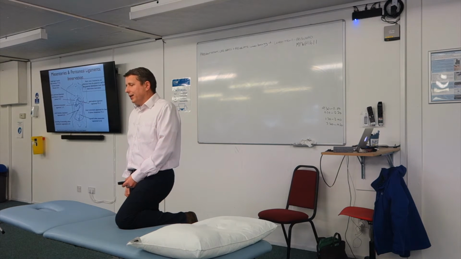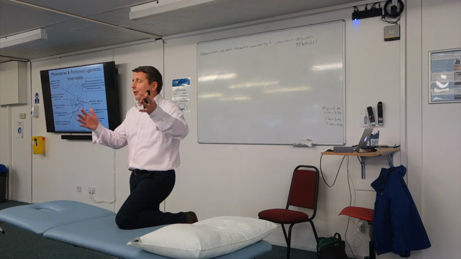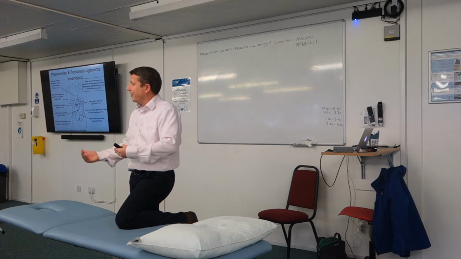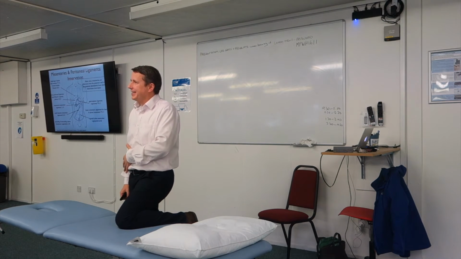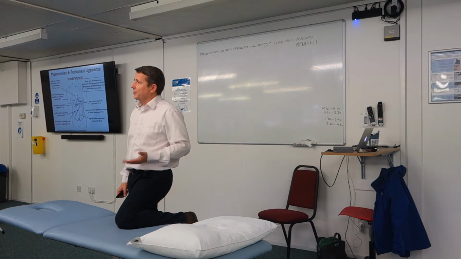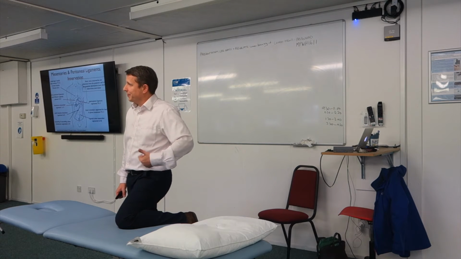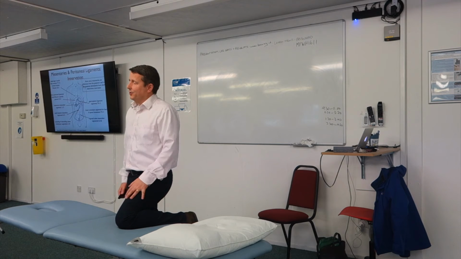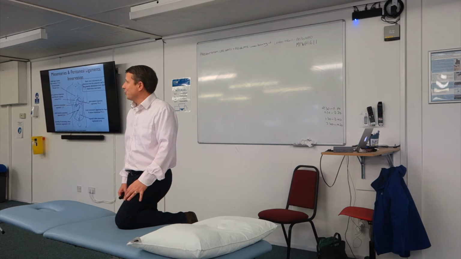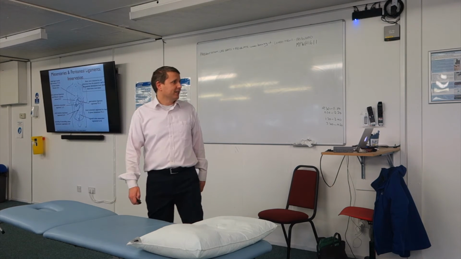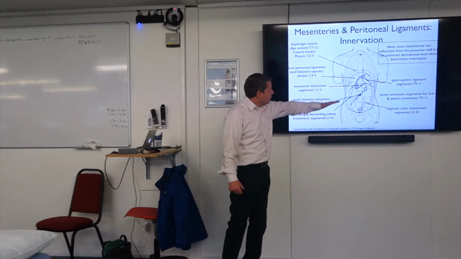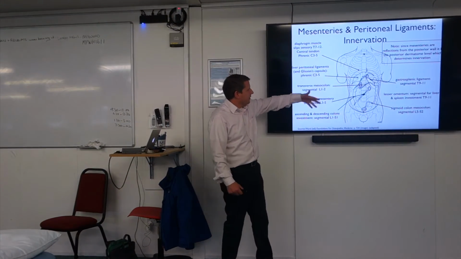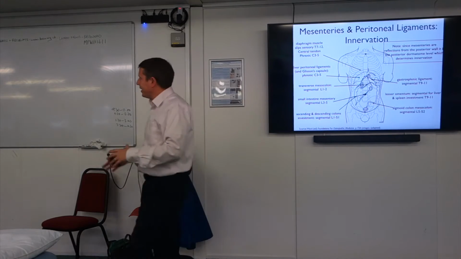So that's just an explanation about how pain is very vague and why you can't always listen to your patients describing where their pain is. And in fact, if they're being very specific about it, the chances are it's not coming from an organ, but from a more superficial structure, because you can't be that specific about your organs internally. We just don't have the tools for it. So in terms of nerve supply for these different structures, they're just listed here. I won't go through them all, but you can see when we test these